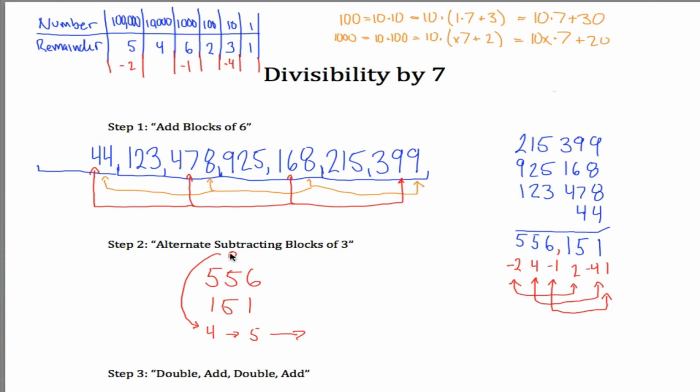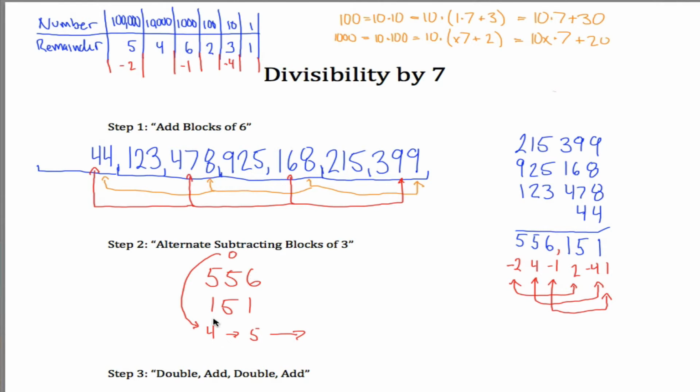The reason you have to alternate the adding is because these were negatives and positives. Negatives, positives, negative, positive. But this one was positive and this one was negative. So that idea of the negative and the positive being switched, I had to account for by subtracting in different directions. By giving you the freedom to subtract in any direction you want, by doing down, or up, down, up,